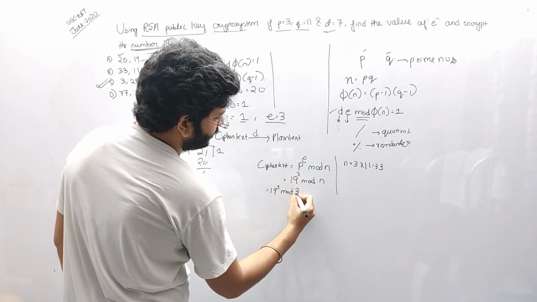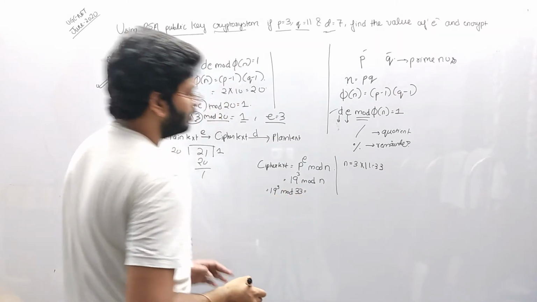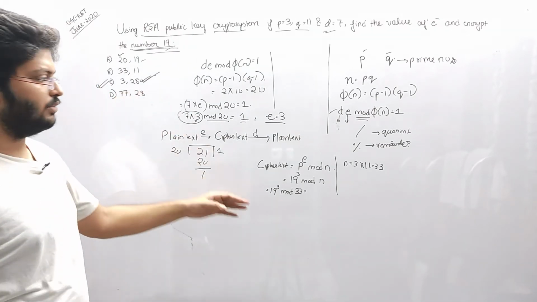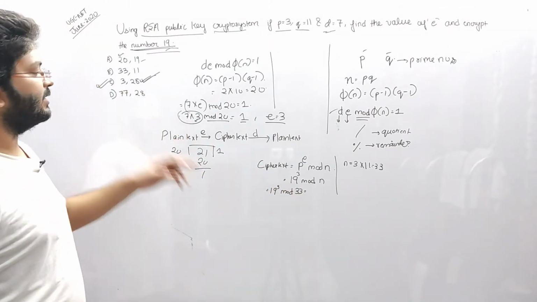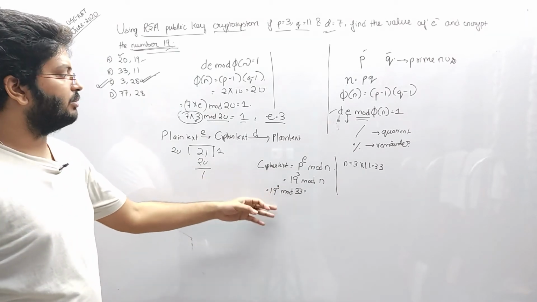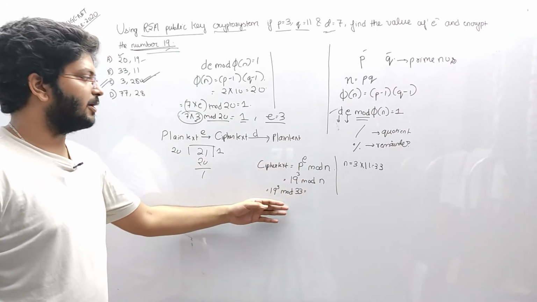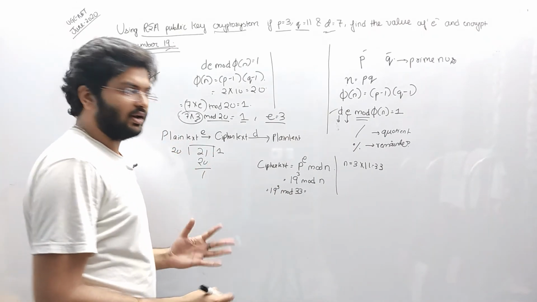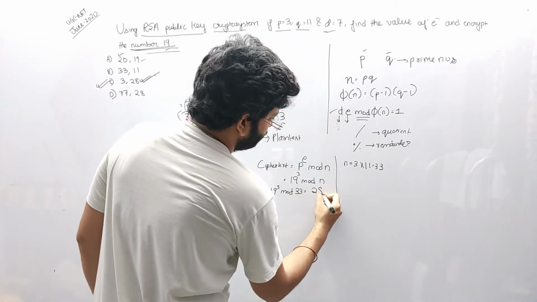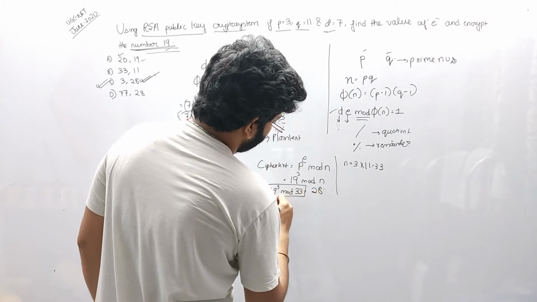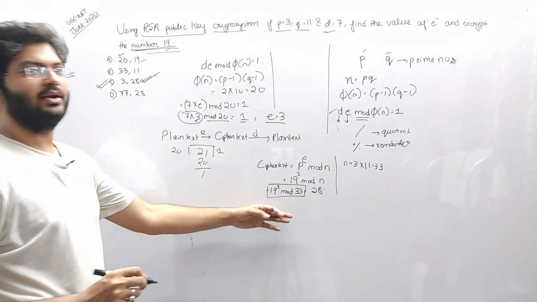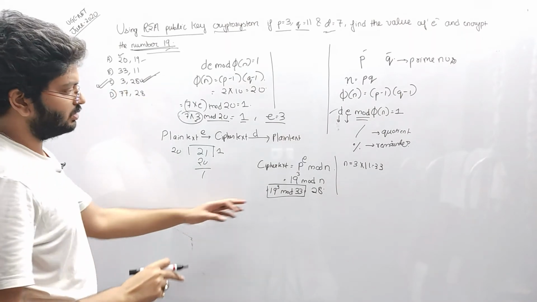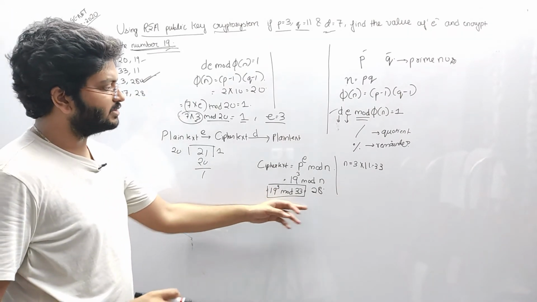mod 33. Now you do the calculation part for 19 to the power 3 mod 33, that is calculating the remainder, and we will definitely get the remainder as 28. On computation of this part, we will definitely be getting the remainder as 28. So 19 to the power 3 mod 33, the answer will be 28.